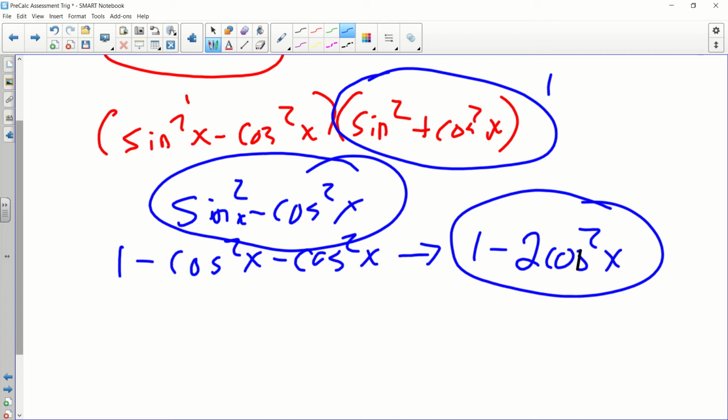And this is my problem to see if people were using their own notes or if they're using an online program. Because as far as we learned, this is as far as you could go. Anybody who got the answer negative cosine 2x, I know you used an online program. This is called a double angle identity. You will learn it in calculus. We have not learned it. We have not gone over double identities, but that is the simplest form